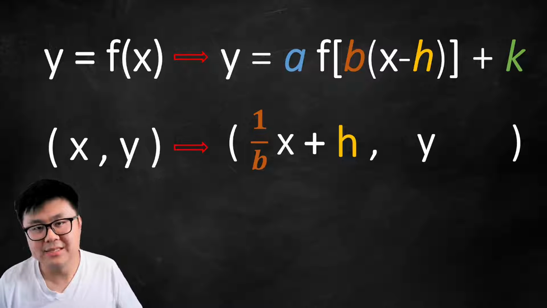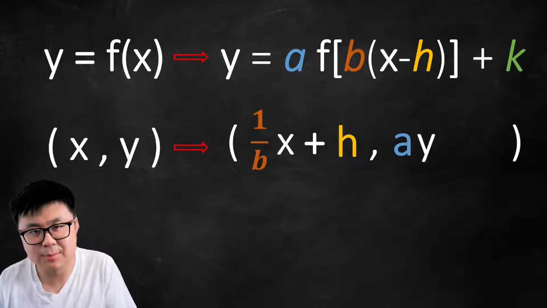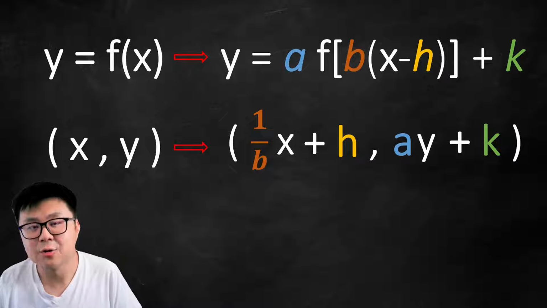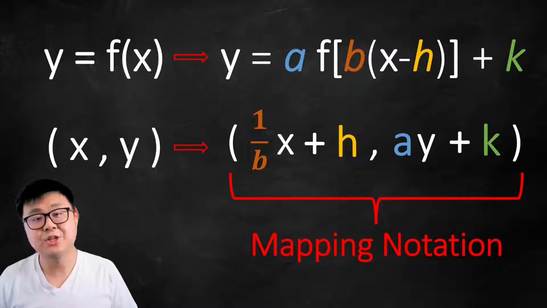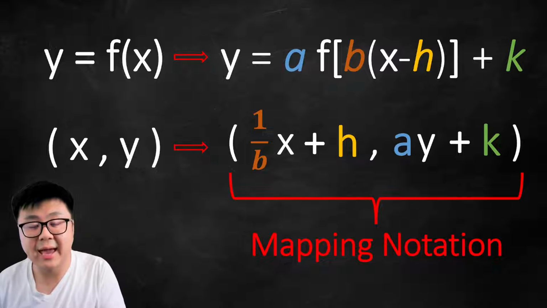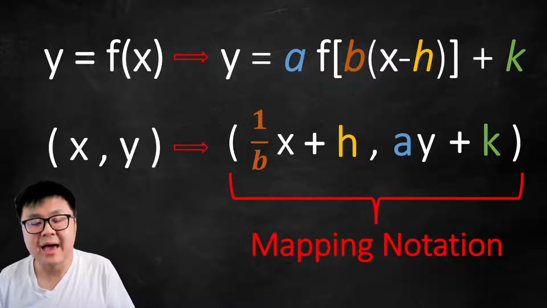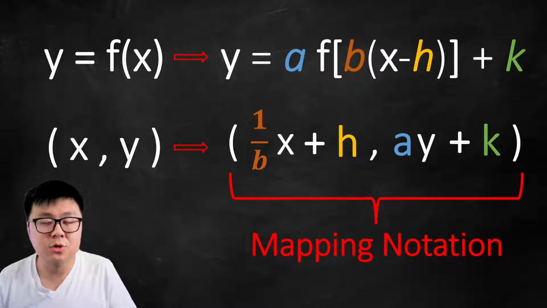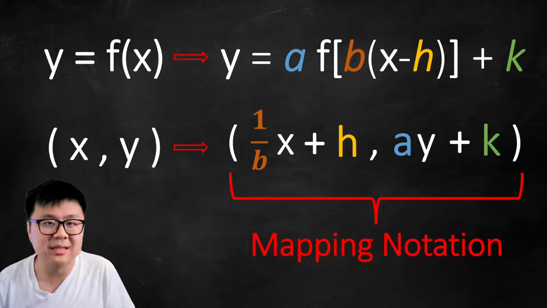For the y, it's the same thing. Our vertical stretch letter is the a, so a gets multiplied to our y coordinate, and then we would add the k value to whatever the resulting y coordinate is. The application of the letters a, b, h, and k onto your original coordinate of x comma y, that is known as mapping notation, and that is how we use transformation letters of a, b, h, k practically to solve